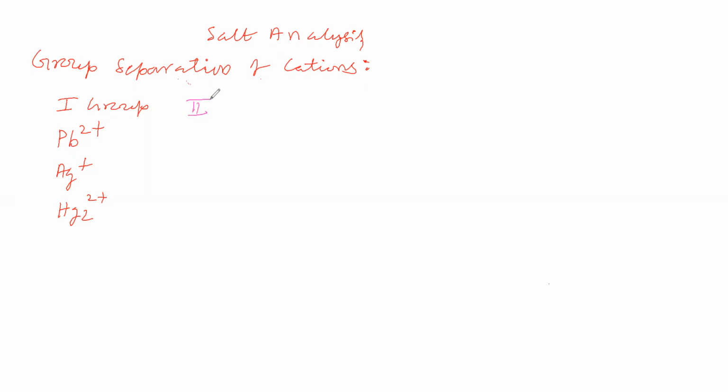We'll take the copper family. In the copper family, copper comes under the second group. Then we will take the neighboring zinc family. In the zinc family, cadmium and mercury come under the second group. Then we will take the carbon family. In the carbon family, tin and lead come under the second group.